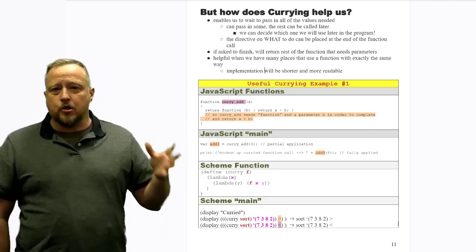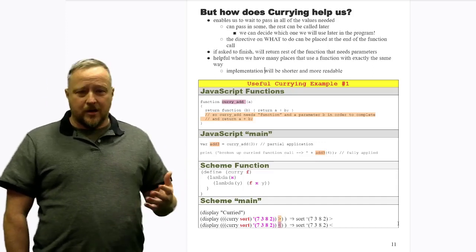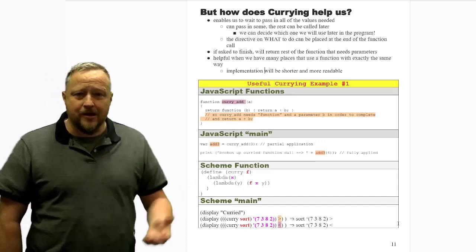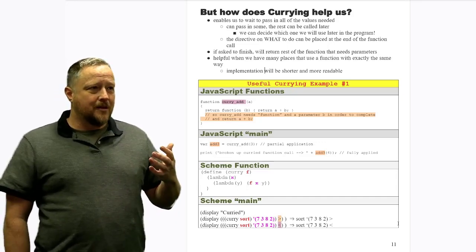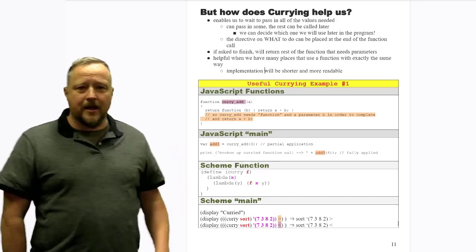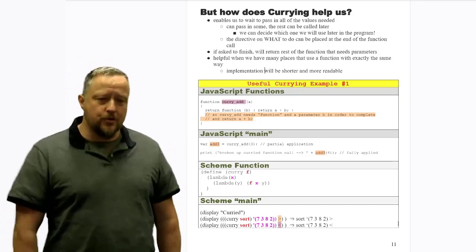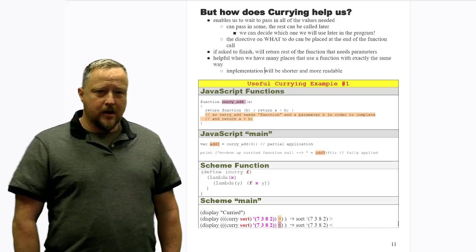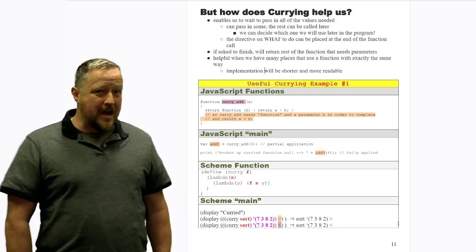JavaScript made it look pretty, and that's why I've been giving you JavaScript examples, because it makes it look nice. You can do it in C++, but it's ugly. But what it's supposed to do for us is basically wait until the last moment and decide what we can